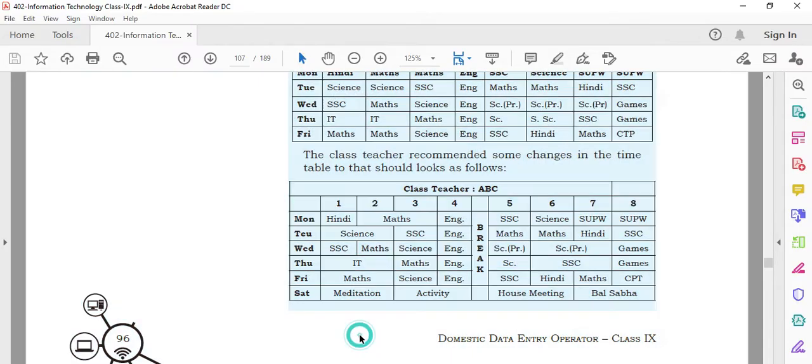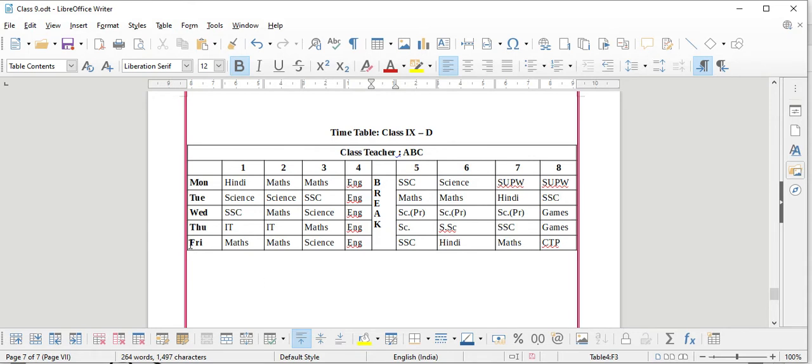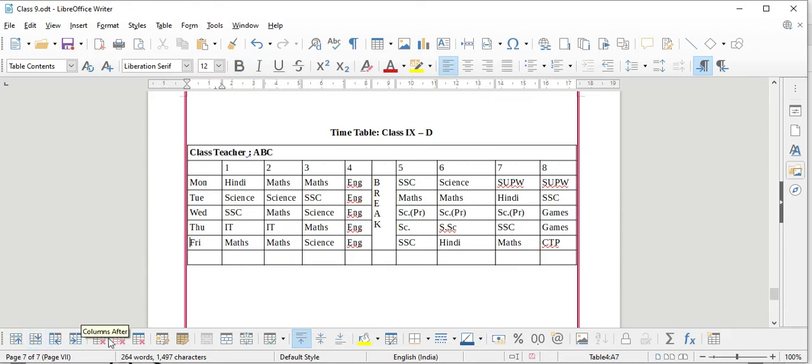Now the other thing: if you notice, the days are here, and it is still Friday only. Here they have made an extra date, that is Saturday. So I will go and insert one column after Friday. For that, just keep your insert key, your cursor key, and then click below. I'll make this Saturday.